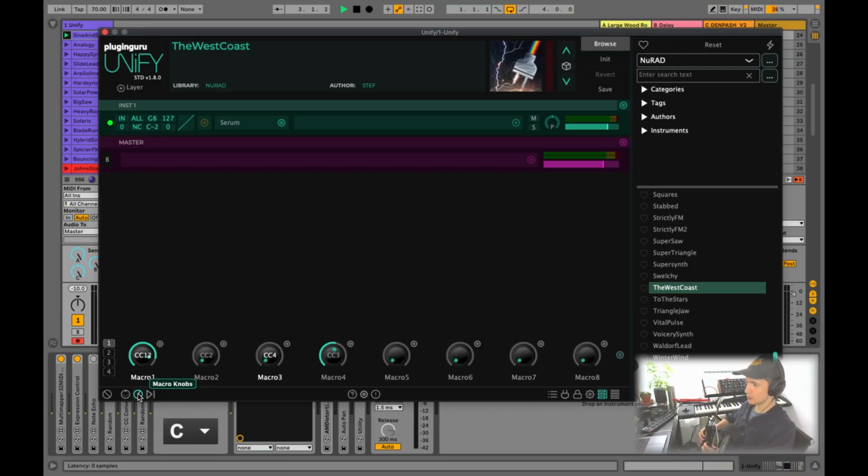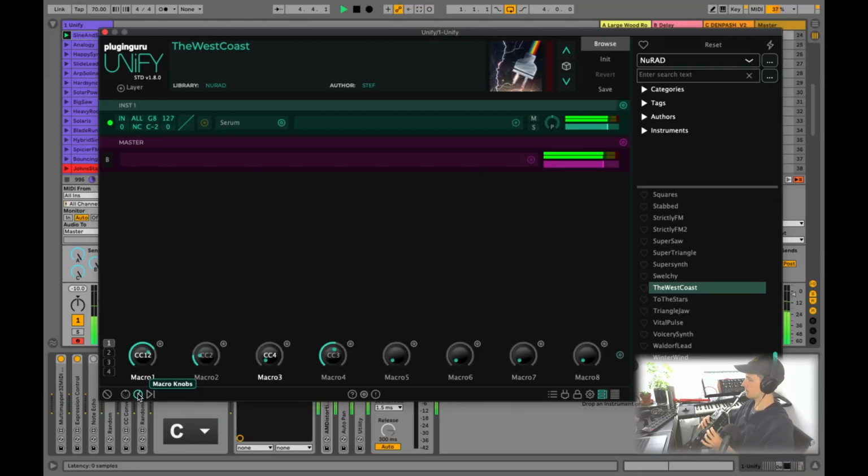I'm basically only using two macros here, and one of them is connected to the tilt control on my Wiimote. That's CC12 or macro 1 over here. This basically just tells my synths to do mod wheel vibrato. So any synth that I have loaded up in here, if I tilt my instrument up, I'll get some vibrato. This took a little bit of work to set up, but because I'm doing it in Unify, I don't have